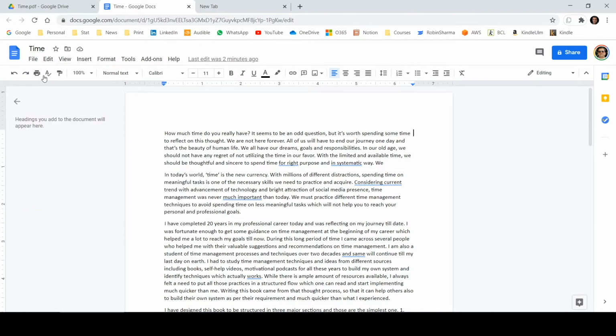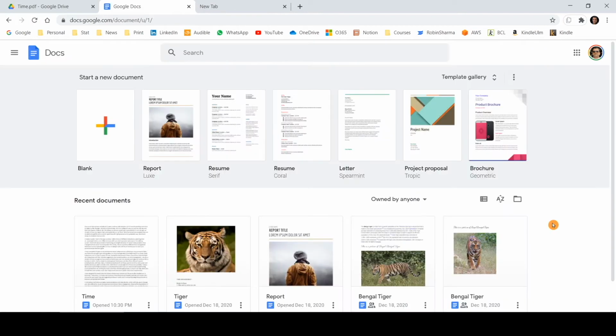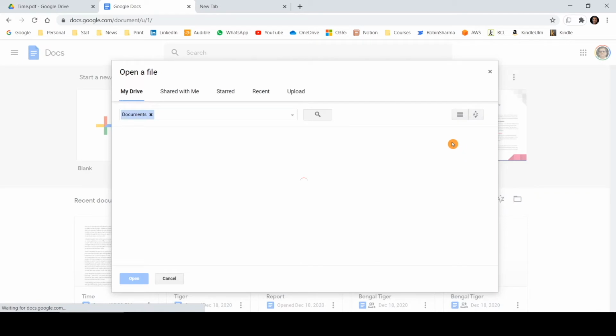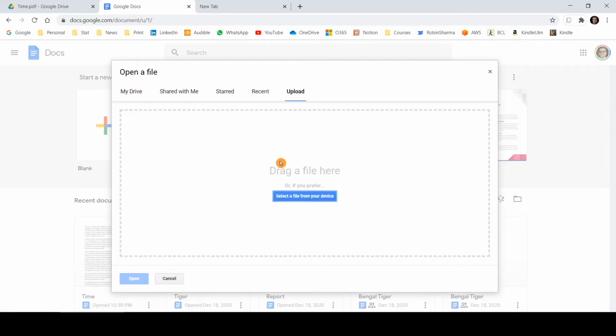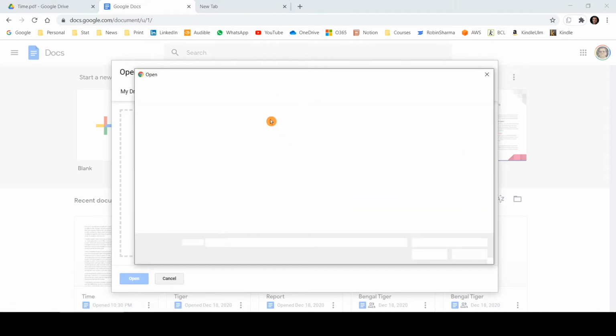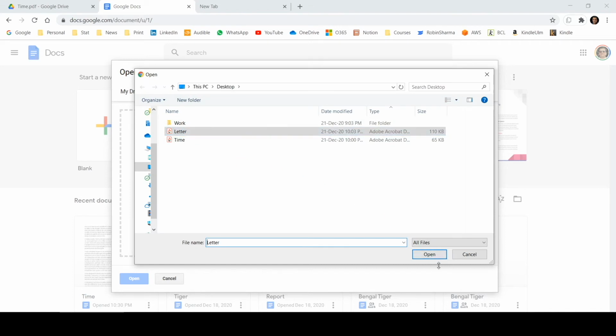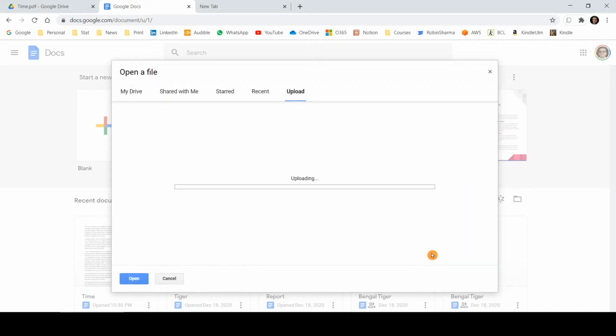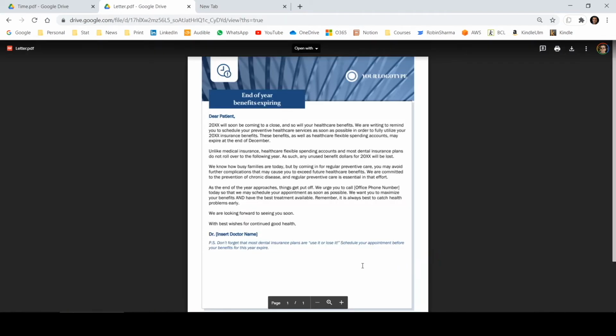So if I again go back to Google Docs home, if I click on this particular button, now I'm back on the home page. Now if I again click on the file picker and then select the other file from my computer, this one, letter, and if I click on open, then it will open that PDF file in the browser and it will give me the same option, right? You can see that one document opened. There are some images in the top part of the page and this is still the PDF file.